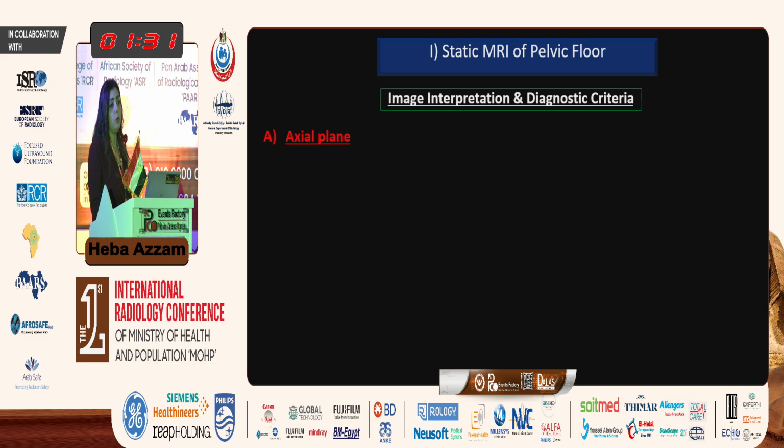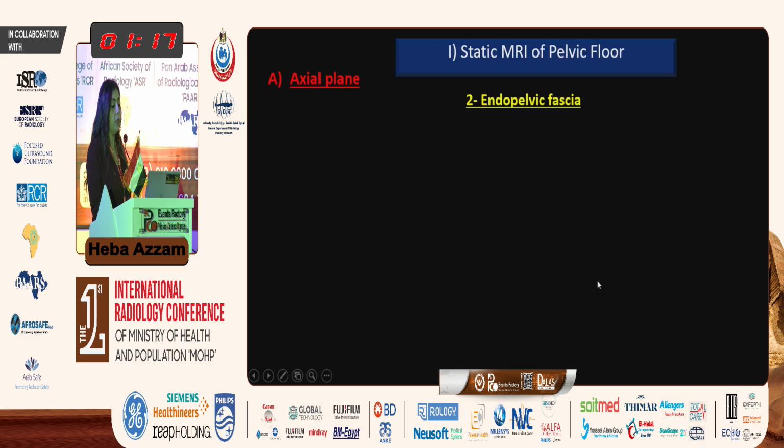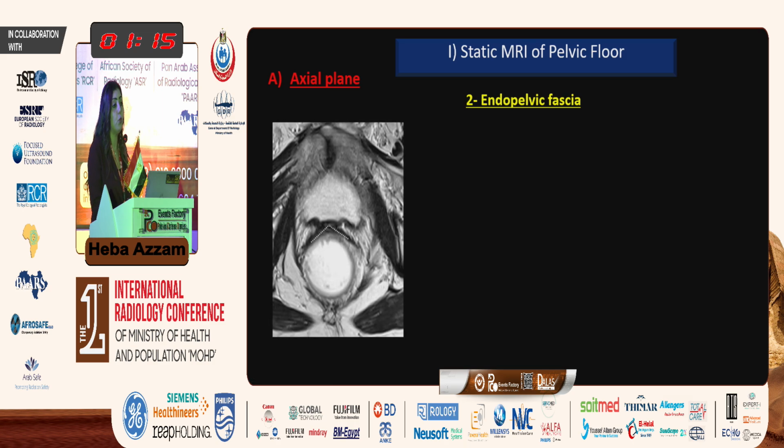In the axial plane, we can see a lot of stuff. First of all, we can see the urethral ligaments. As we have seen the normal ones, we can assess whether they are normal, there is distortion, or defect. The second thing we can see here is the endopelvic fascia. As we said before, we cannot see the endopelvic fascia directly, yet we can see the effect of the failure